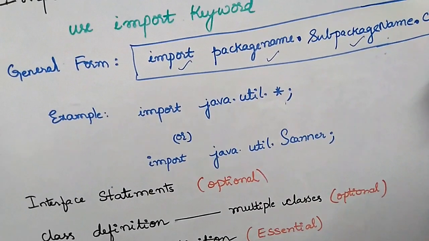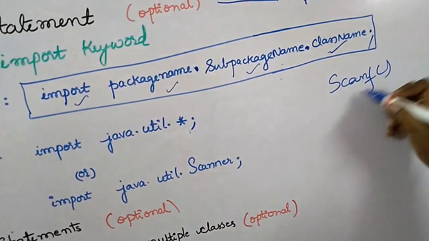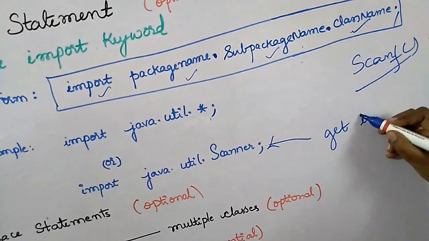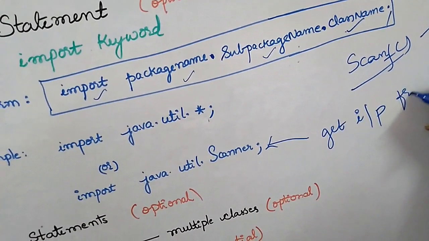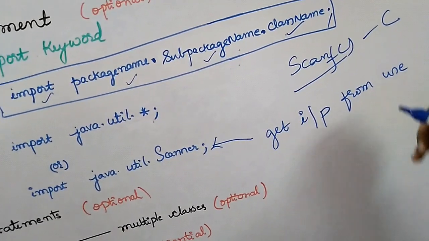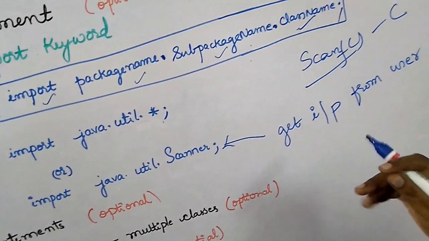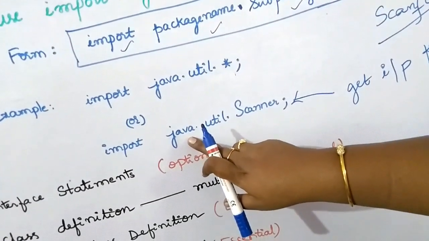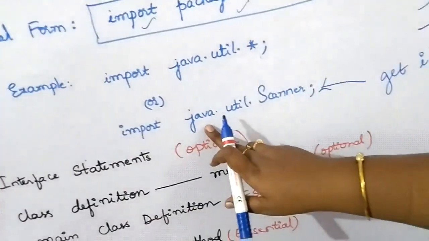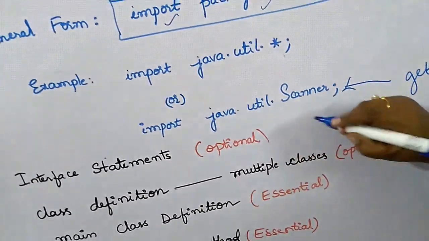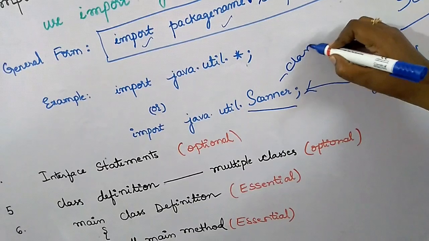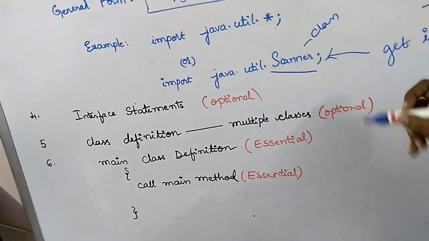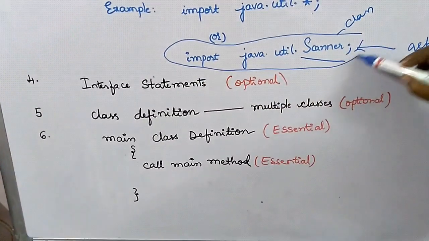What is a Scanner class? Scanner class is like the scanf function that we use in C programming. Scanner class will get the input from the user, so we will need it in whatever program we write. The Scanner class is in the package util, which is there in the package java. You can think of it as the name of the project, dot the package name, and this is the class name. Scanner is the class name, and this class is there in the util package. So to include Scanner inside your program and use it, you have to write this entire statement.